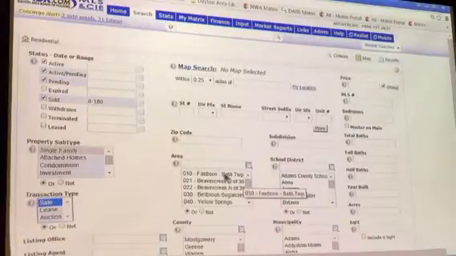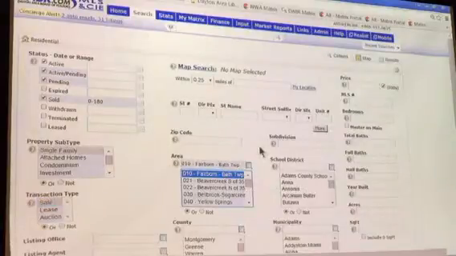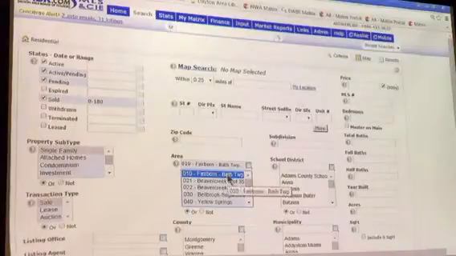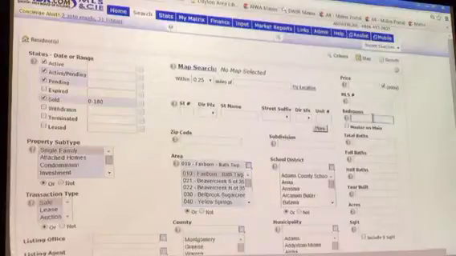I know I say we shouldn't use area numbers. Well, you shouldn't. I don't want to say you shouldn't use area numbers, but we've been down that road. So I'm just going to pick it just for convenience here. Then you're going to throw in, well, if it's 3 bedrooms, you're going to do 3-bedroom homes. If it's got 2 full baths, you're going to do 2 full baths. If you put that area down there, like Fairborn,